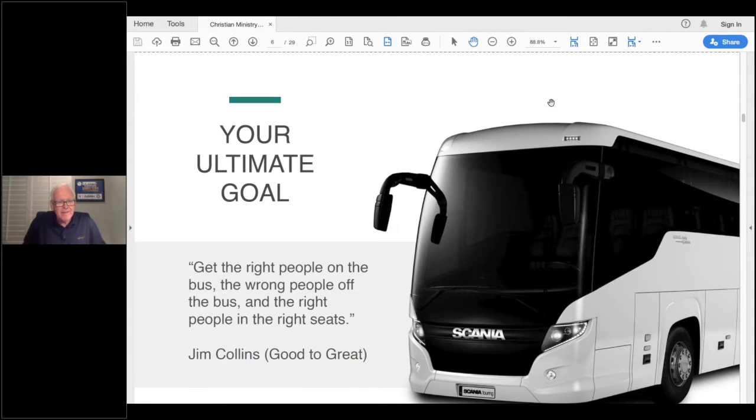The best slide maybe that I put out, where people have a big aha moment, is this one. And it's by Jim Collins, very well noted, former Stanford professor and consultant and researcher. Everything he does is based on data, so I really love his work. And his way of talking about a board is get the right people on the bus, the wrong people off the bus, and the right people in the right seats on the bus. So if you've got a board that is mismatched with the talent, you're not going to get very far. So you want to make sure that you recruit the right people onto the board in the first place.